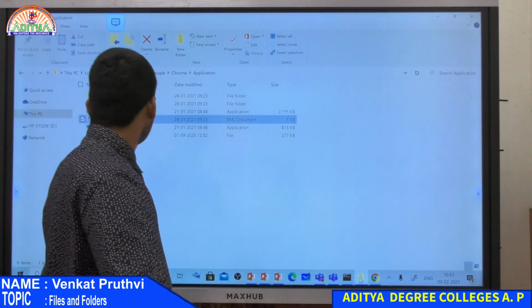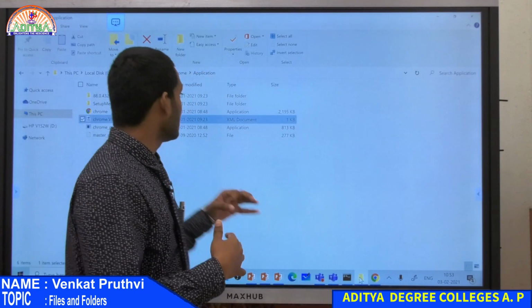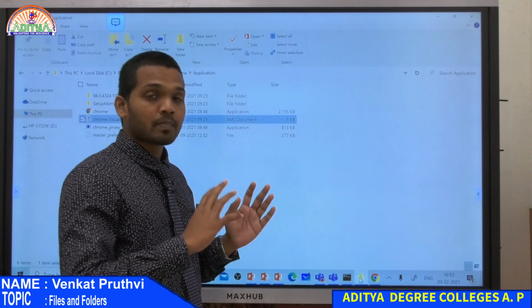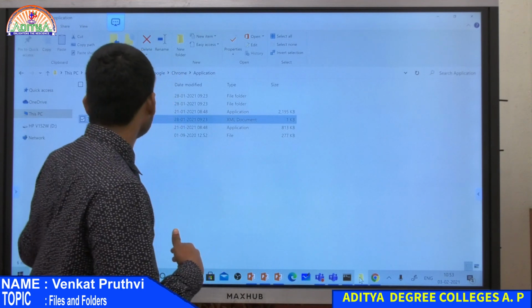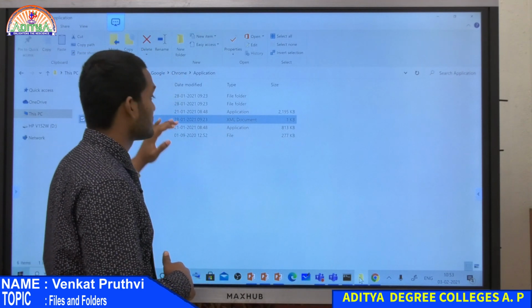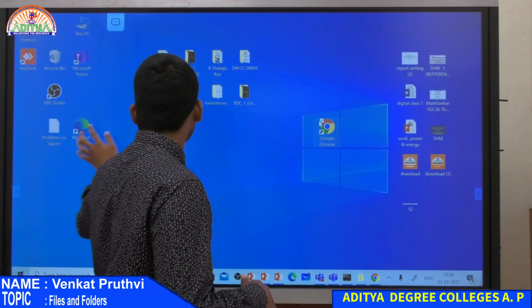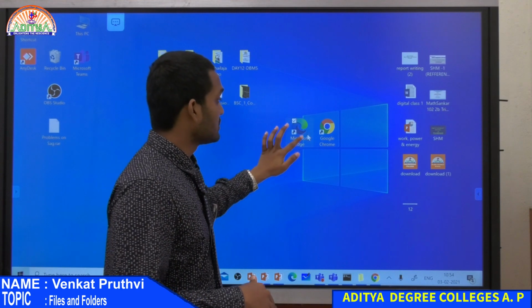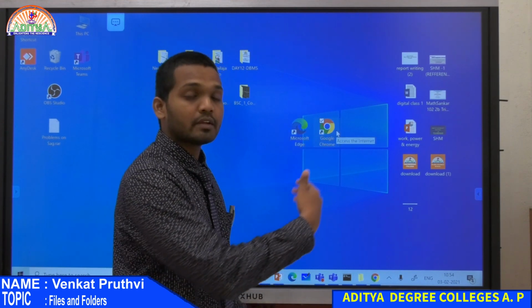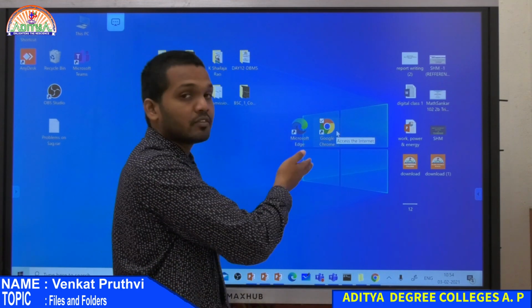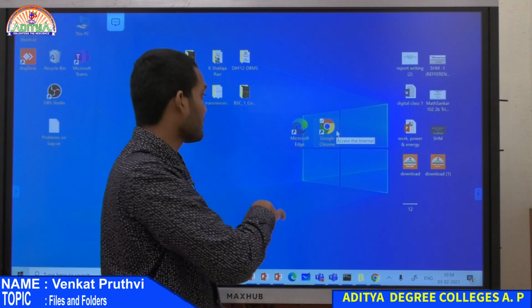So that is the reason we have all the program files in the C drive or whatever the operating system folder is. We store these things in that. That way you will now be able to understand these shortcuts. These shortcuts help you locate some other location in which the program files are stored.